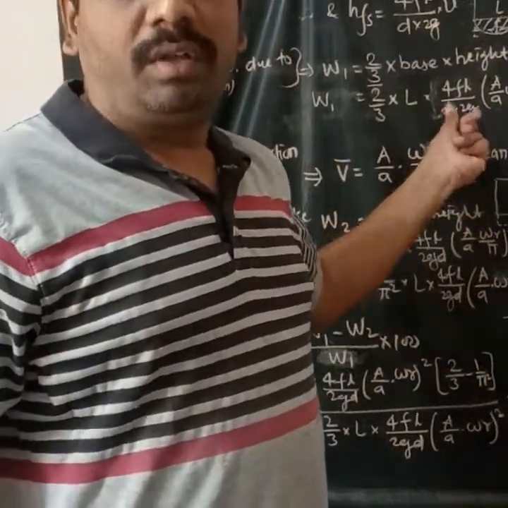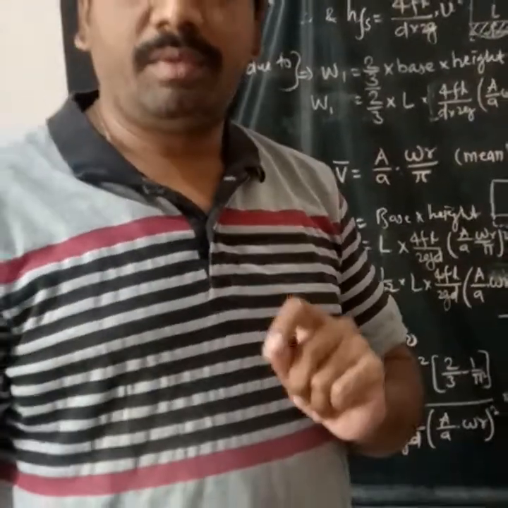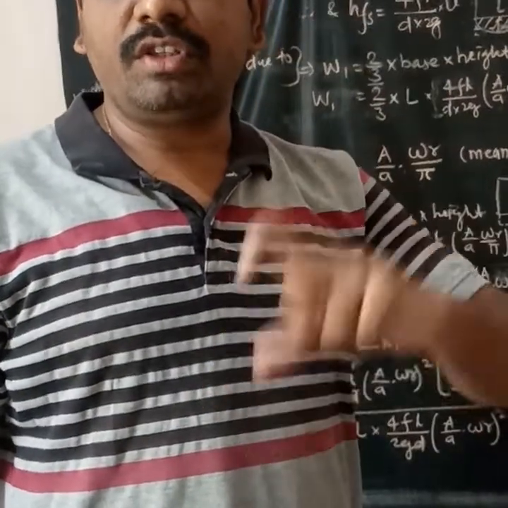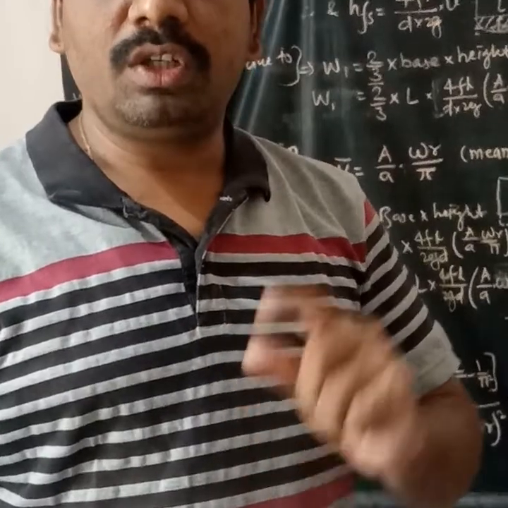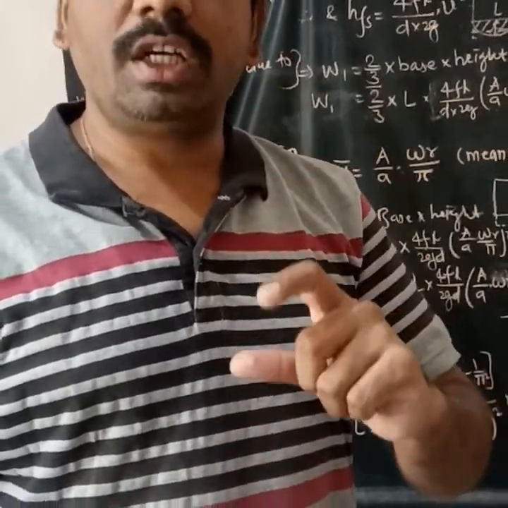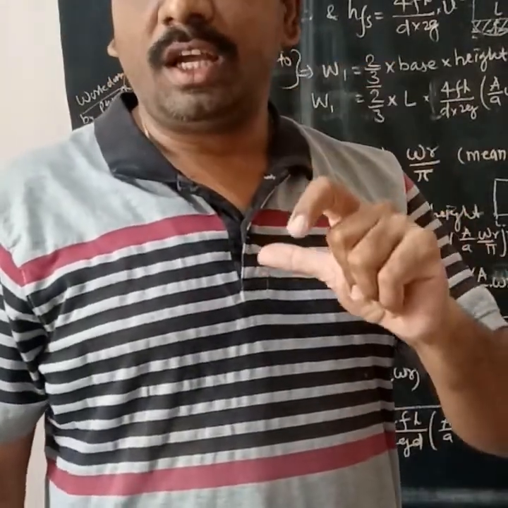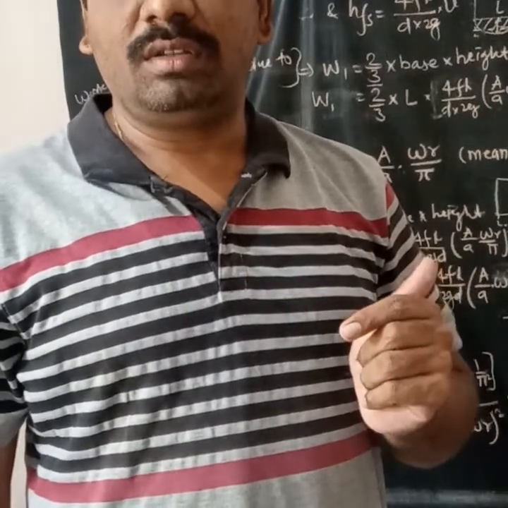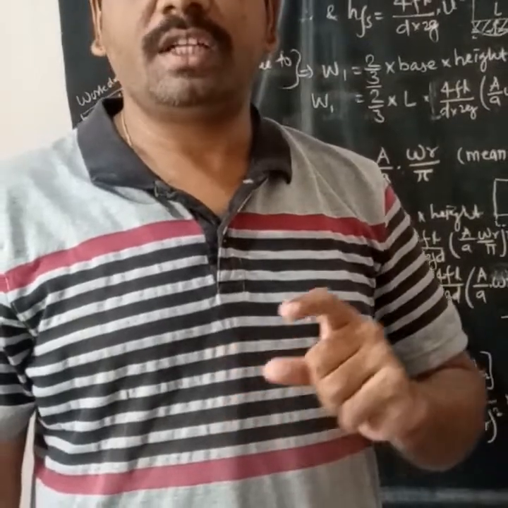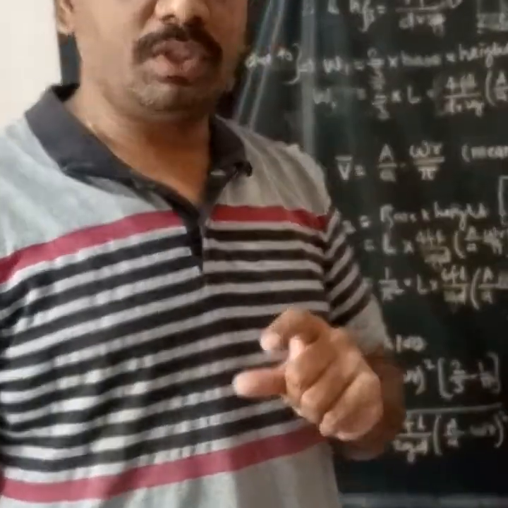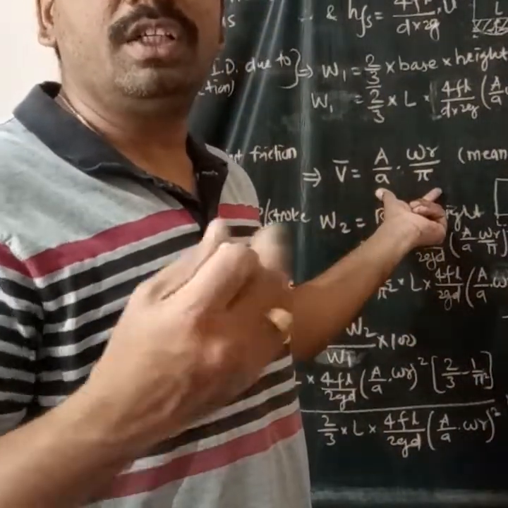Now whenever an air vessel is provided, because of the air vessel the flow becomes continuous and uniform. In the case of a uniform flow rate, the velocity is also uniform, and that velocity is called the mean velocity, which we have just seen how to obtain. That is v bar, representing the mean velocity, which is A by a omega r upon pi. That is simply obtained as discharge upon area.